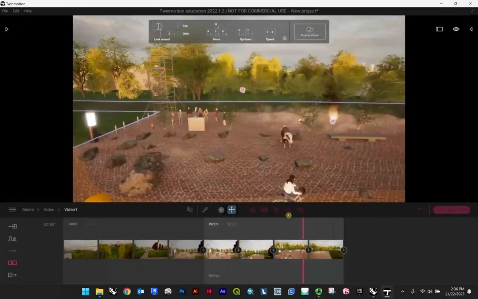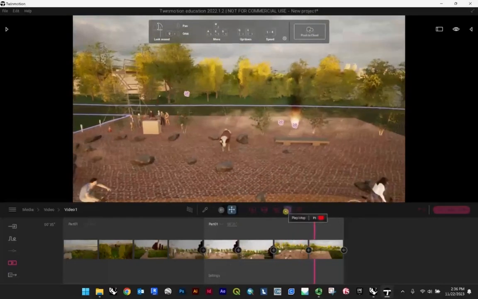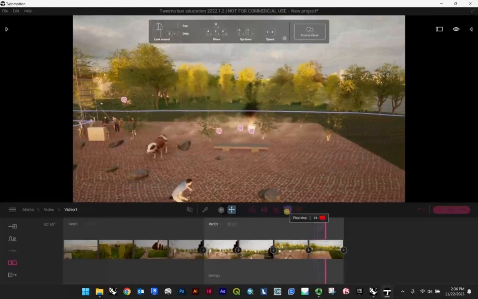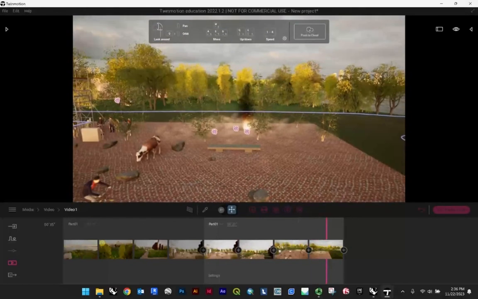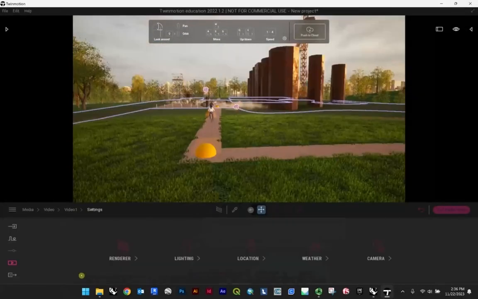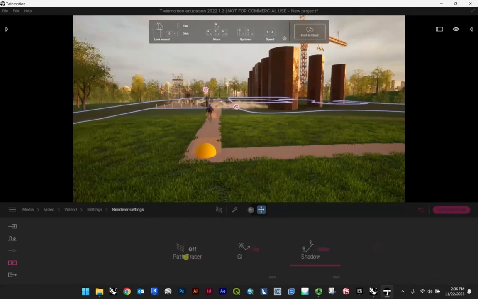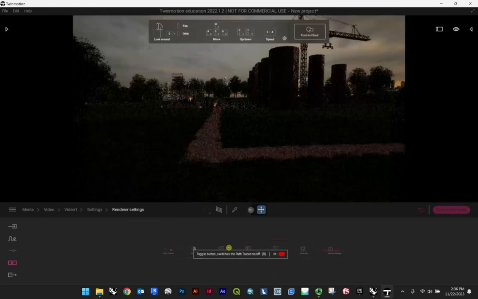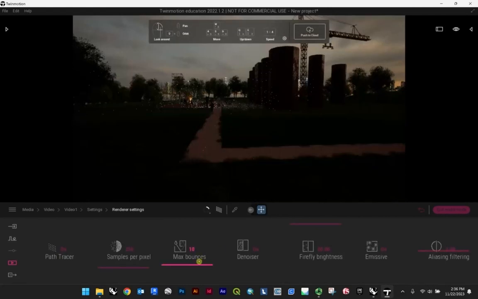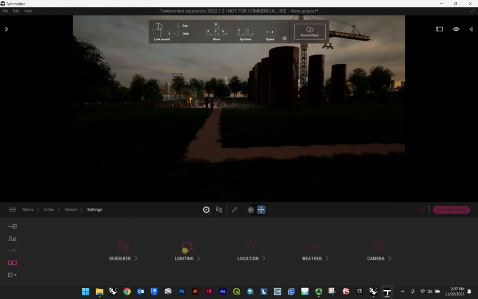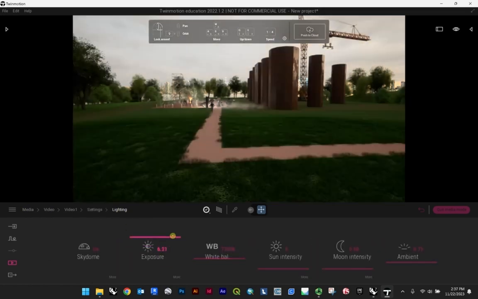Okay, so I think hopefully you kind of get the point in terms of how to set some of these things up. From here, I think what's really exciting, we'll go ahead and do some settings. And so actually this is a good view to show some of this. So rendered, we can actually have our path tracer on, which is really fantastic in terms of realistic ray tracing, so realistic lighting and things like that. If you're finding that you're lost, like you don't know how to go back, just know it's up here. So we'll go to settings, and we can play around with our lighting,